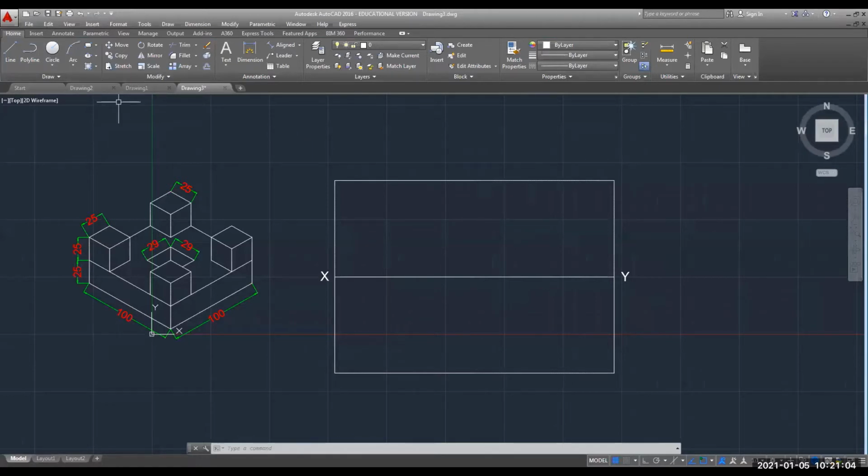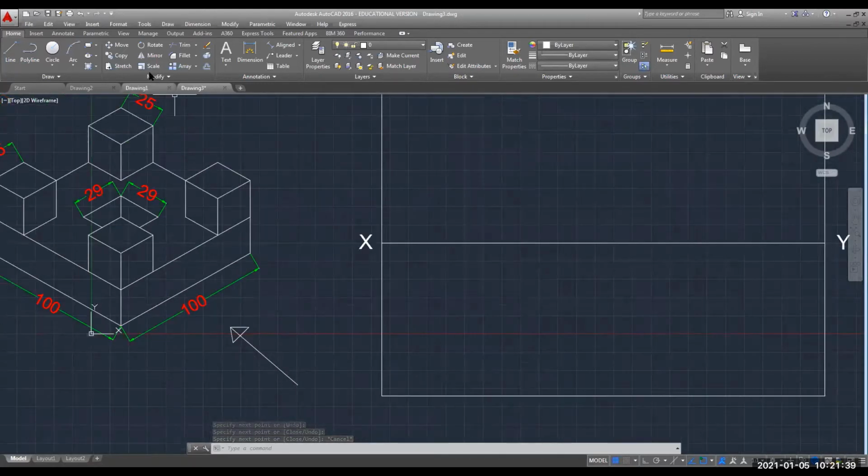I will write one thing, that this is our observer. So I need to draw one line. I will draw it with an arrow. How I will draw the arrow, that I'm thinking. Okay, so it is looking like some arrow. Now I will fill it with your hatch command.